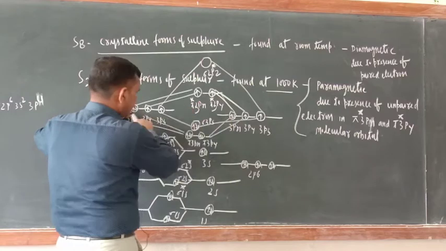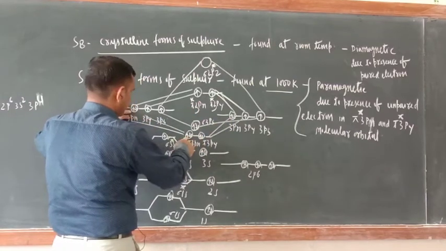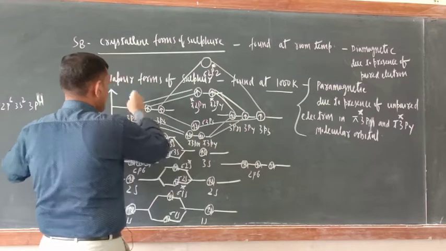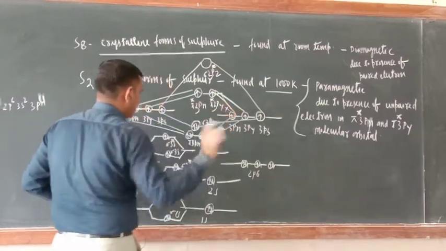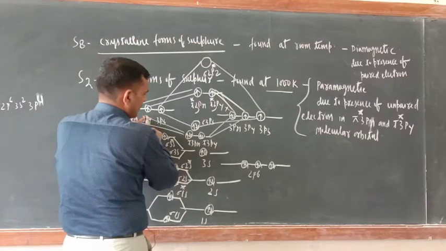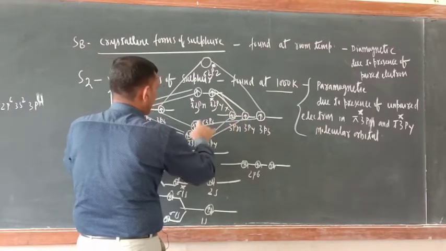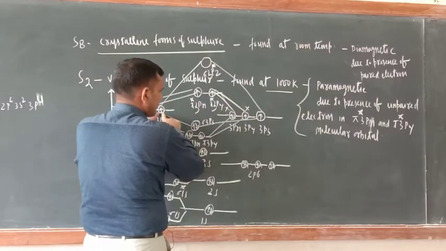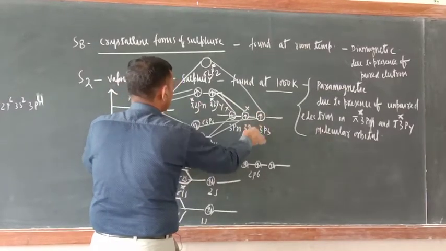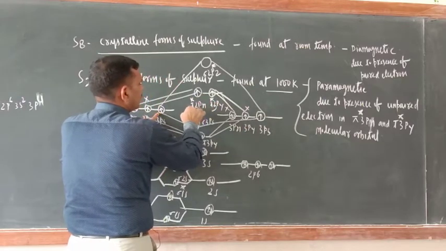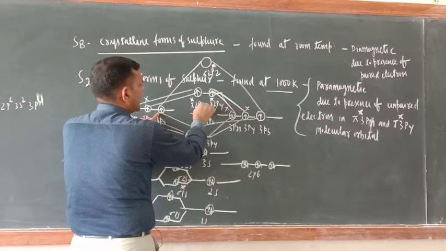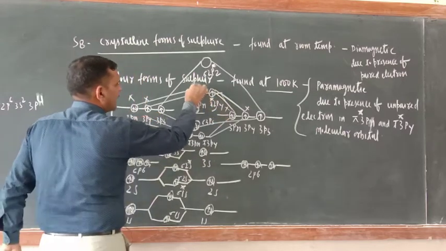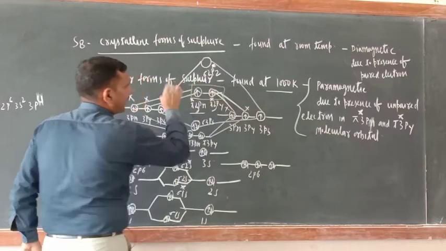3px has 2 electrons, 1 electron you fill here, and the remaining 1 electron of this one you fill here. In this way, x is completely filled. Y, 1 electron and this y, 1 electron you fill here, so this y is also finished. Now in z, 3pz and 3pz, 1 electron is here. Pi 3px antibonding, pi 3py antibonding, 1 electron is present here in the antibonding orbital.